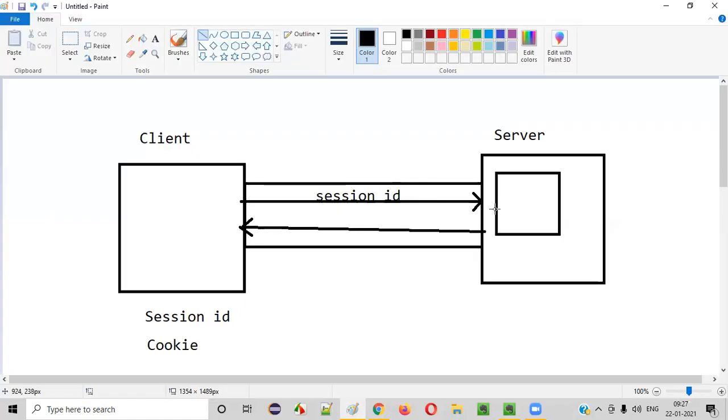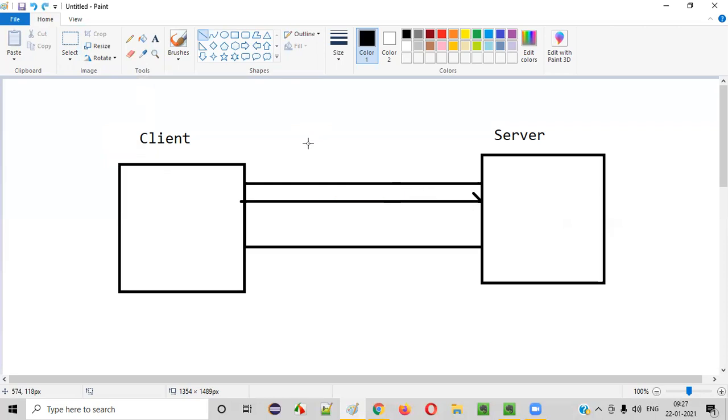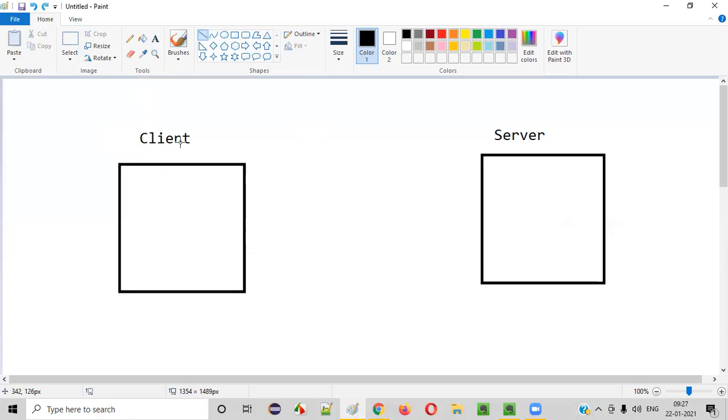So now, hope, guys, you understood how HTTP is stateless. Why is HTTP stateless here? Because the moment the requests and responses are done between the client and server, the connection is getting deleted, guys. Whatever you do, again a new connection is established and new requests and responses are done between the client and server. Once the request and response are done, again the connection will be deleted. So here the server doesn't remember anything about the previous session.